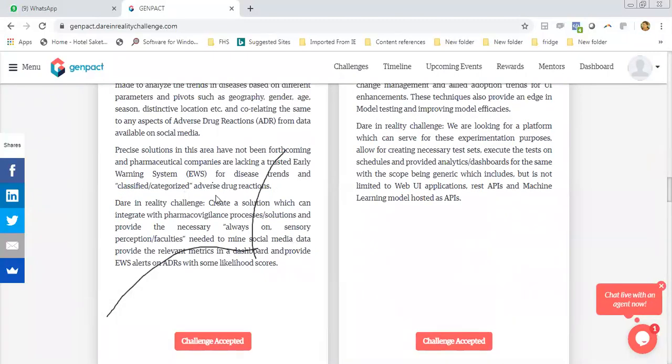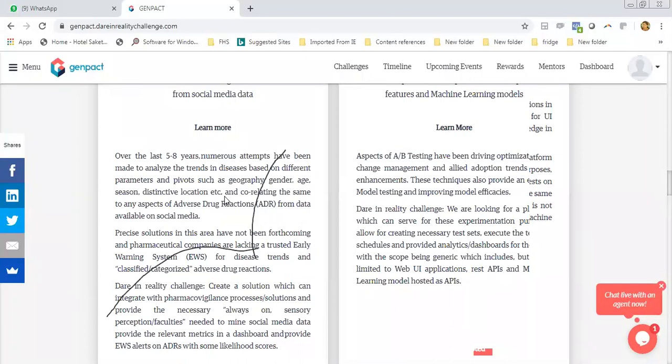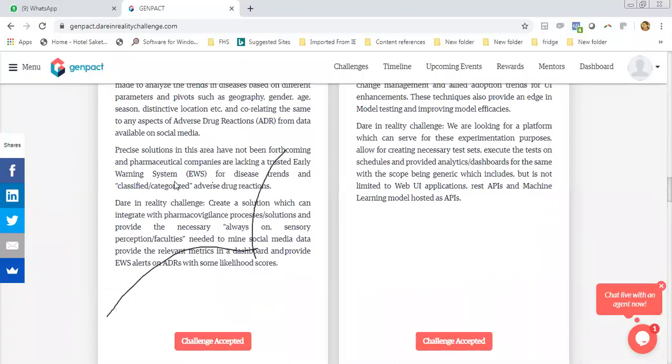Okay, thank you. Hi, I'm Shashwat. My question is, going through the Genpact official website, we found something called Cora, Genpact's pharmacovigilance tool, and almost everything written in the problem statement is also addressed as a feature of Cora. So what exactly are we expected to do differently than Cora?